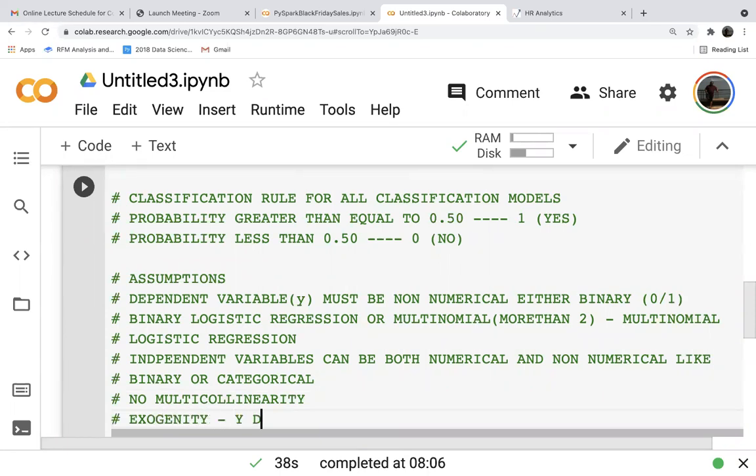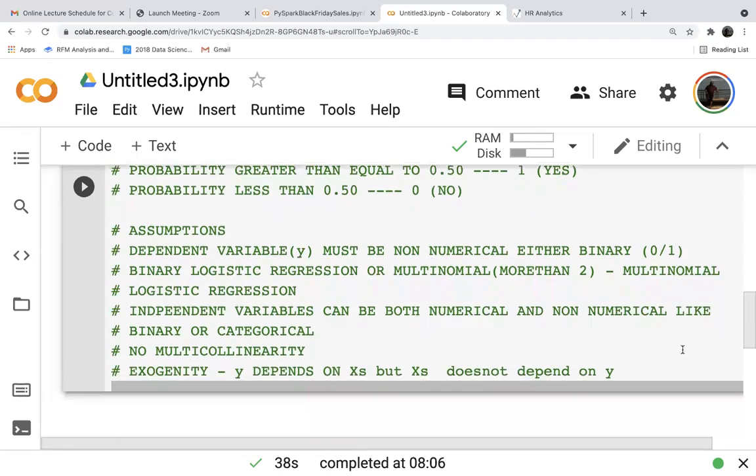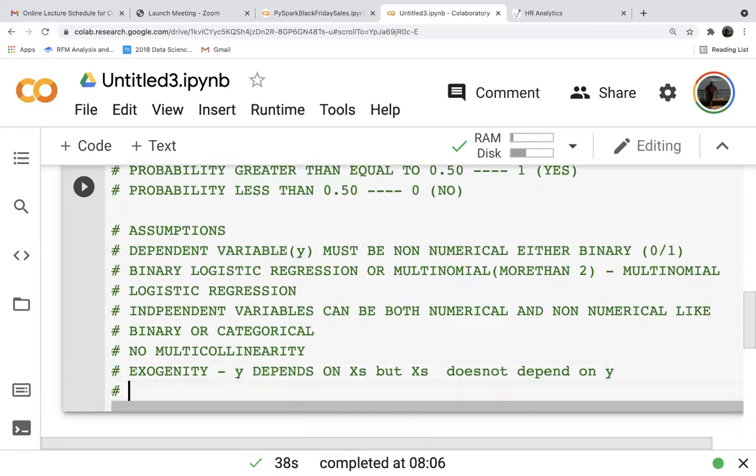Exogeneity means y depends on x's, but x's do not depend on y. So the dependent variable is dependent on independent variables, but independent variables are not dependent on the dependent variable.